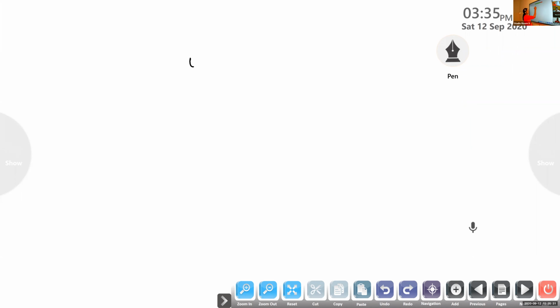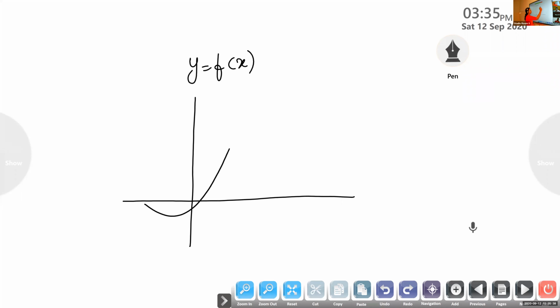Okay, so now listen. I am going to explain it again. Let y is equal to f of x. I am drawing the curve, y is equal to f of x. I am selecting a point P. Point P means it takes the form x comma y. So here x comma y is f of x. So shall I write it like this? x comma f of x. x comma y. What is y?